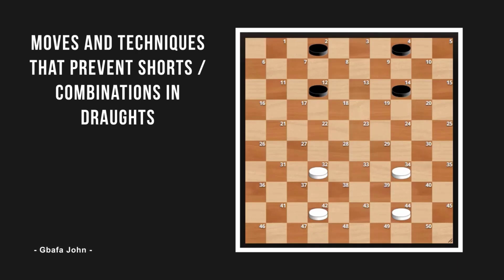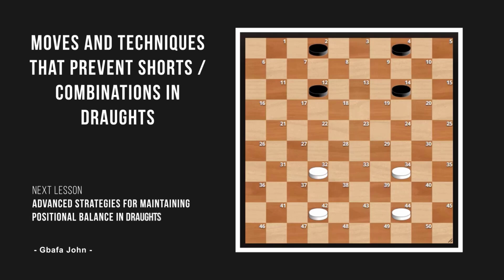Hello viewers, in this lesson we will cover key draft moves that are used to prevent shots. The square diagram can be used to find moves in draft that prevent combinations. It can also be used to identify combinations. So let's get started. If you look at this position and if you draw the square diagram,